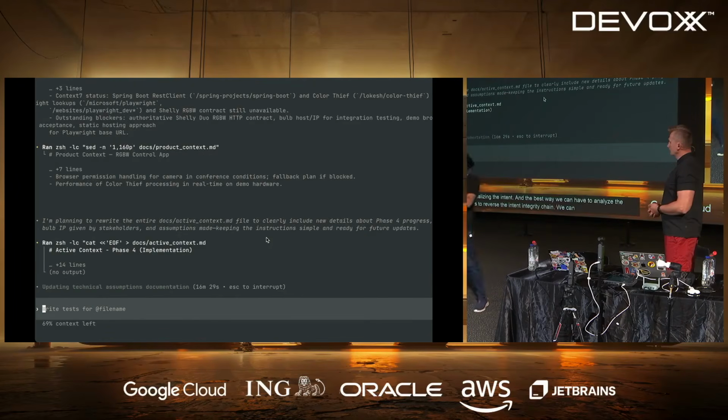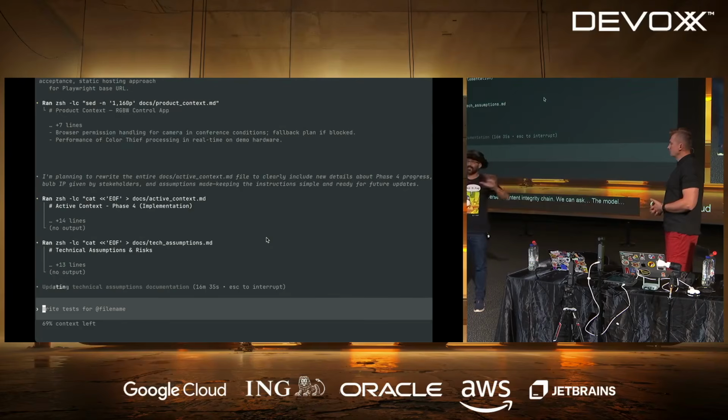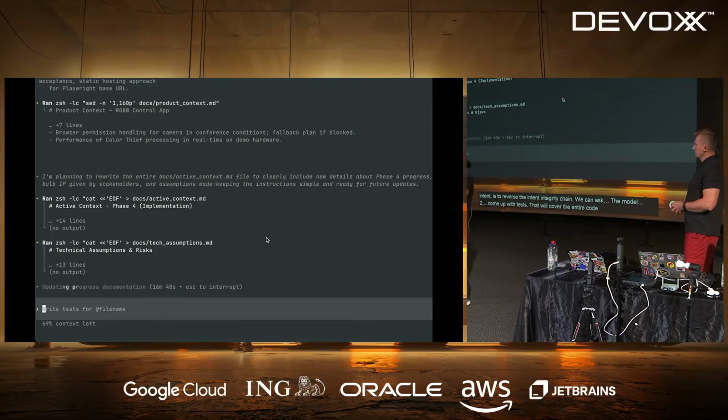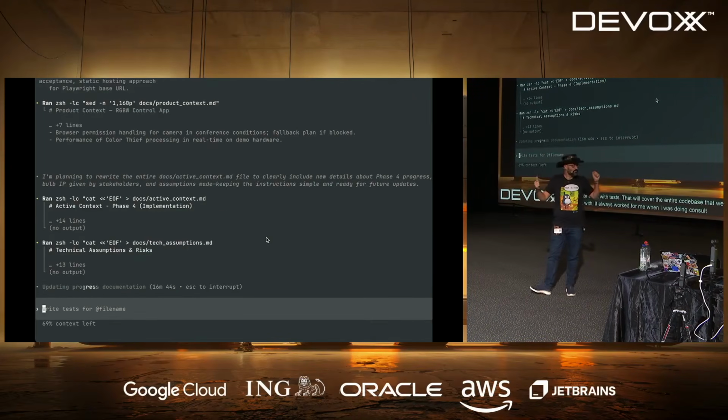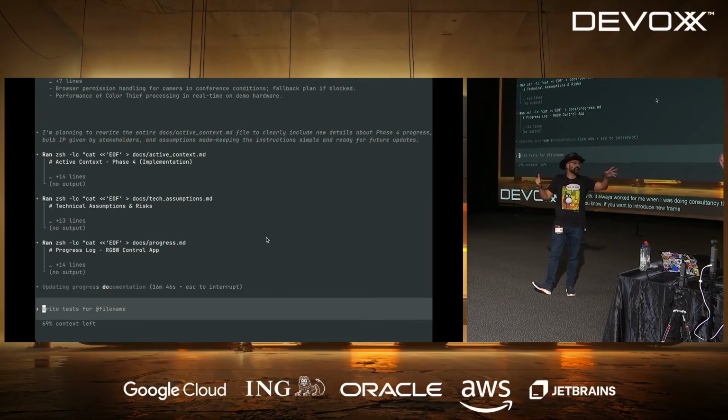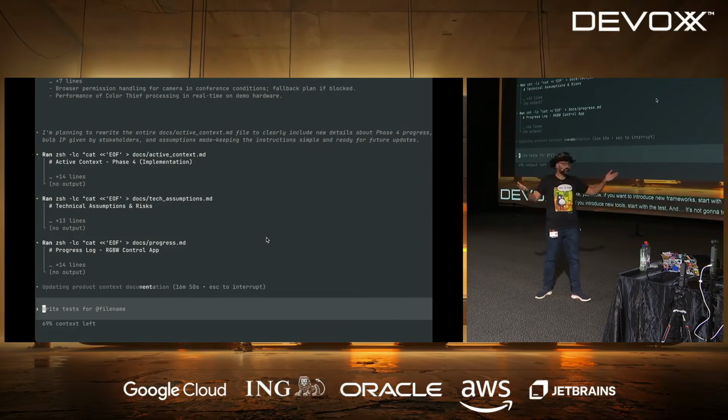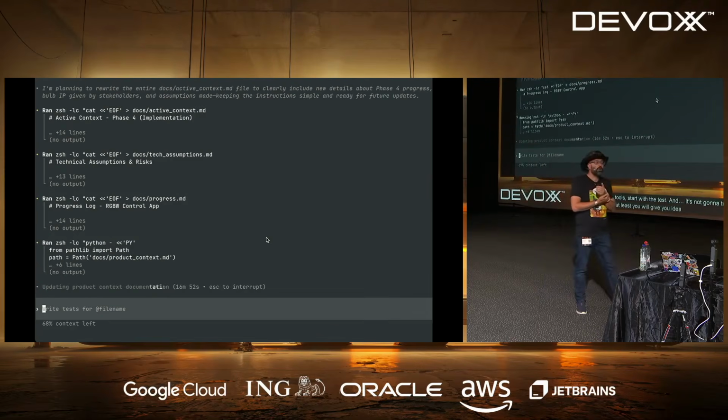We can ask the model to come up with tests that will cover the entire code base that we need to work with. It always worked for me when I was doing consultancy. If you want to introduce a new framework, start with the tests. If you introduce new tools, start with the tests. It's not going to touch the production code, but at least it will give you an idea to learn a little bit.